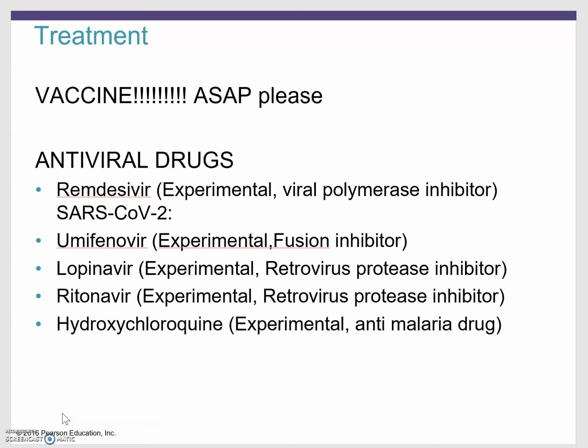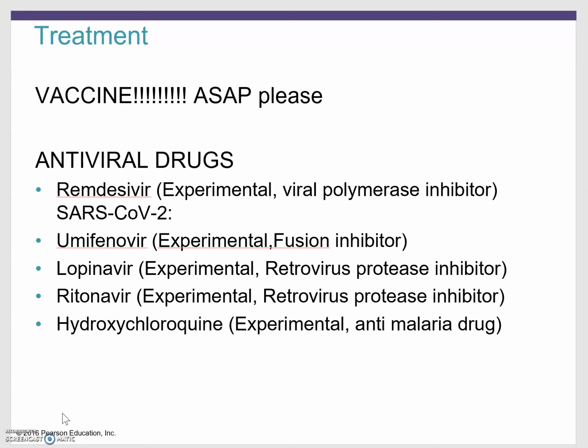So the question remains, what can we do about treating people that are infected with the coronavirus and have severe symptoms? Hopefully there will be a vaccine soon. Vaccination is the best treatment, or prevention, I should say, for any viral disease. I'm sure somebody's working on the vaccine, hopefully. So hopefully as soon as possible, we will have a vaccination available. Until then,